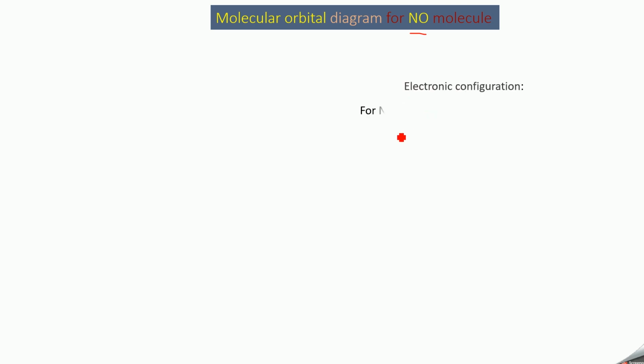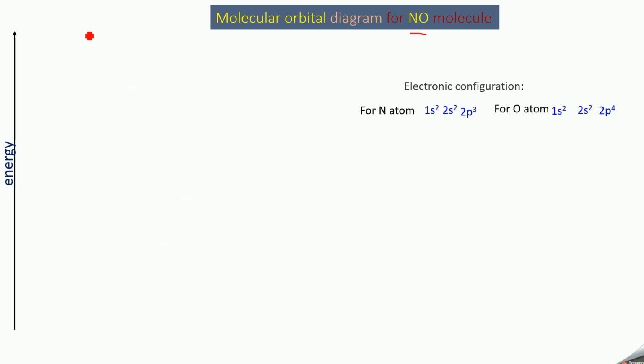Next, the molecular orbital diagram for nitric oxide molecule, NO molecule. The electronic configuration for nitrogen, atomic number 7, is 1s2, 2s2, 2p3. Then you have oxygen atom, 1s2, 2s2, 2p4, 8 electrons. Now for the molecular orbital diagram, first you write nitrogen here, whose atomic orbitals we will start with 2s. We are not going to write for 1s. So we will start with 2s and only for 2p we will write. So 2s atomic orbitals with 2 electrons.